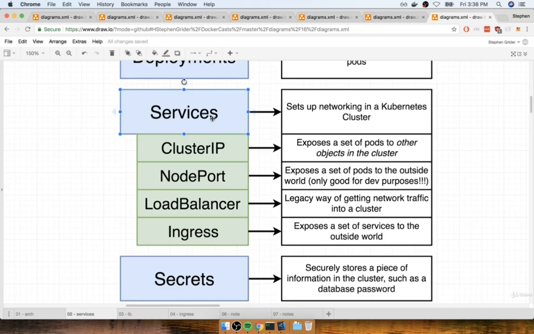All right, so for services, remember these are objects that are meant to set up some type of networking inside of our cluster. We've made use of a cluster IP, which allows other pods to get access to a particular service or a particular set of pods. We've got the node port, which we just discussed again, and the load balancer. Now, this is